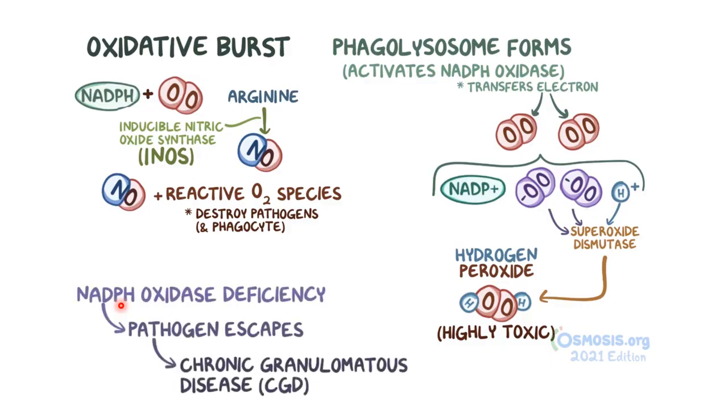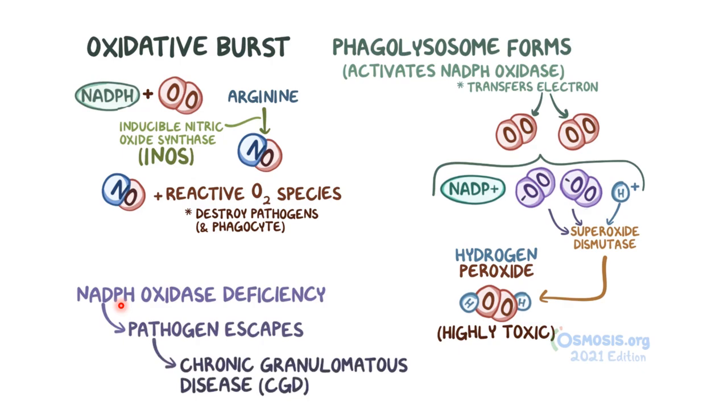Okay, so this is all happening in the phagolysosome. That takes care of 98% of the stuff that got ingested. Very effective. And it's also going to kill the cell, but hey, collateral damage. All right. Now, what is going to happen if you have somebody with a deficiency or with a mutation in